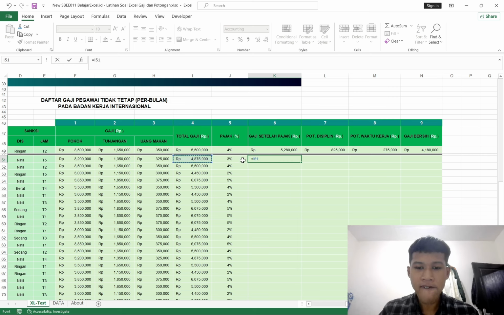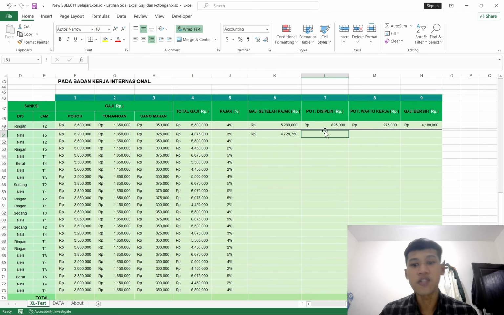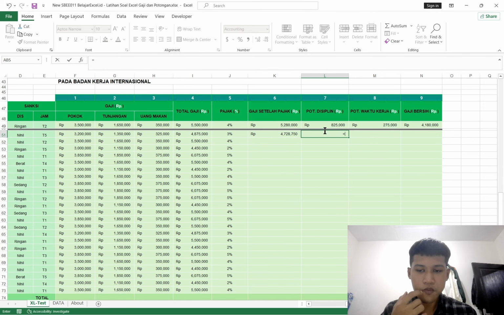Total salary minus, in parentheses, total salary times the tax, like this. If we want to look at how much tax the people in this table have to pay to the government, I can just